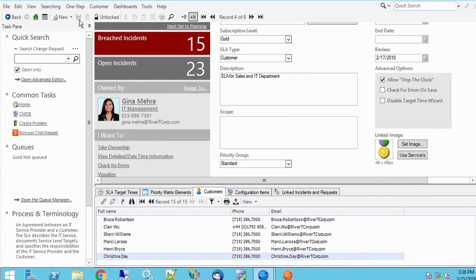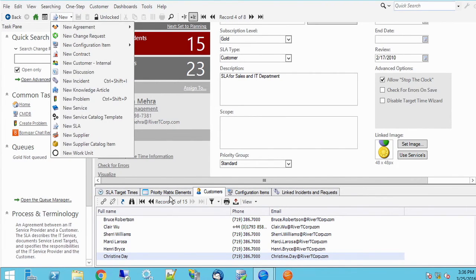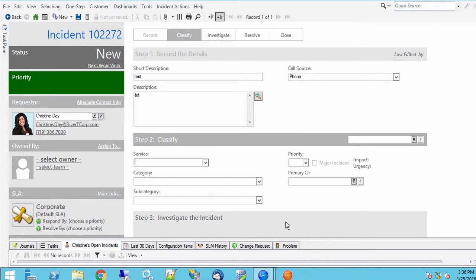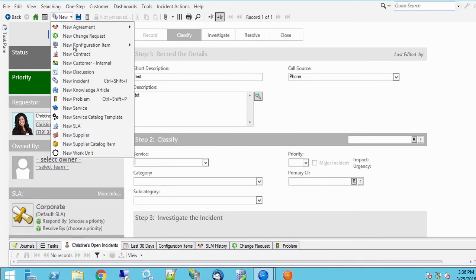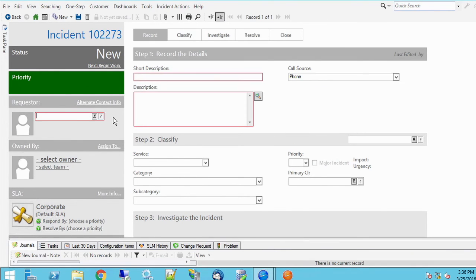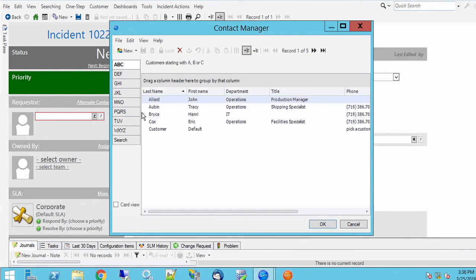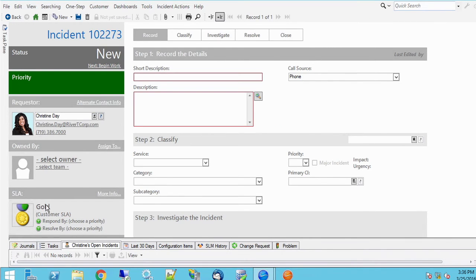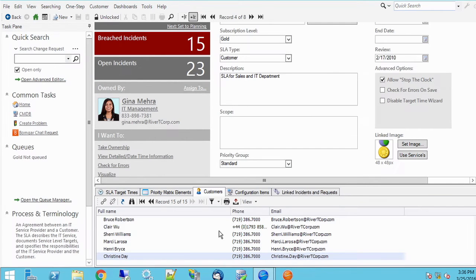I'll click Save, and when I go back to my other window, I'm going to go ahead and create a new ticket, just for fun. When I go in and select Christine Day again, there you see, she has her gold SLA applied. Very cool. Now, if we go back to our SLA list